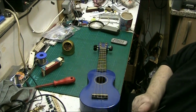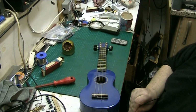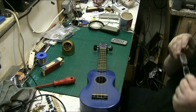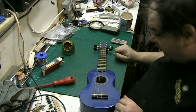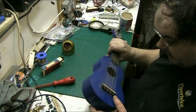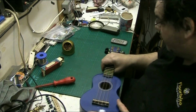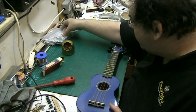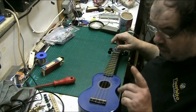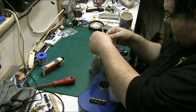Anyway, folks, you're probably wondering what Vintage Electronics Repair is doing with a ukulele on his bench. You're probably thinking, has he gone a bit funny in the head? Well, I've always been a bit funny in the head, but there is a plan, trust me, there is a plan. So what I want to do,